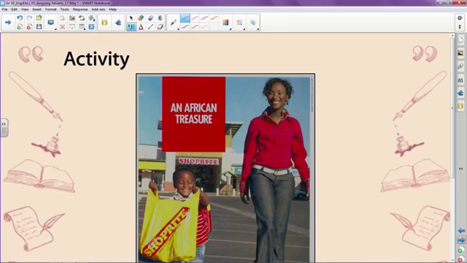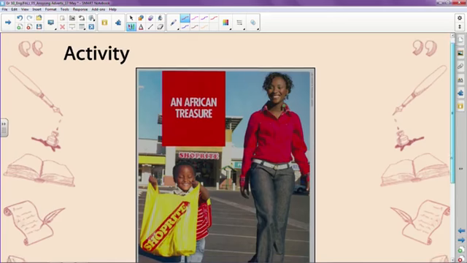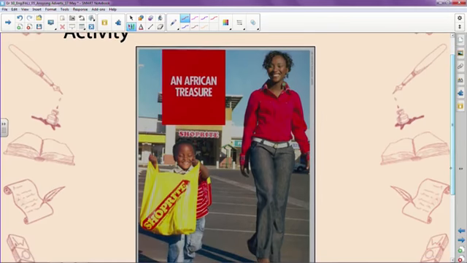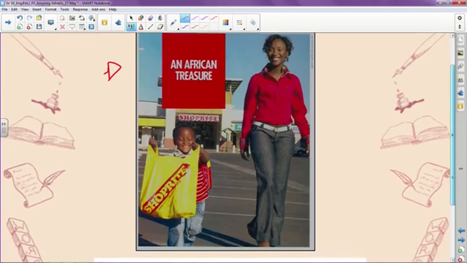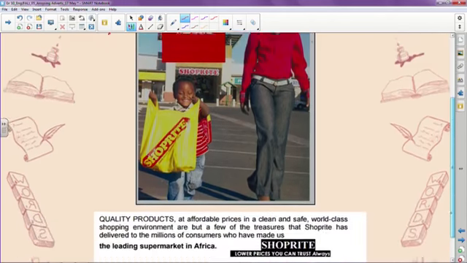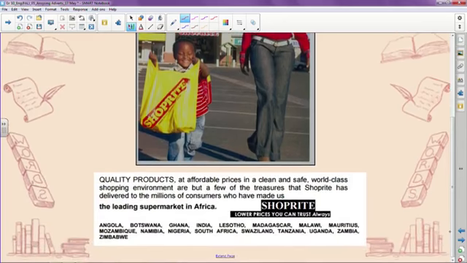So if you look on the screen here, it's an advert for ShopRite Checkers, and we have an African treasure, and we have a mom and her son, and they are just leaving the supermarket. What are our questions? Well, the questions are going to be based on this text that is also beneath this